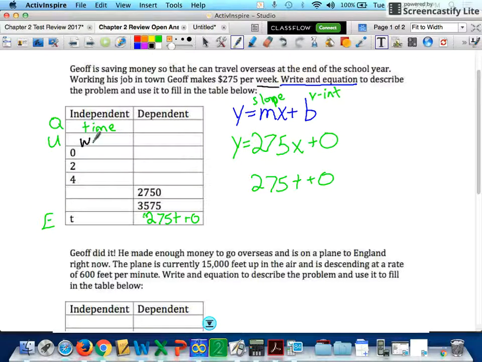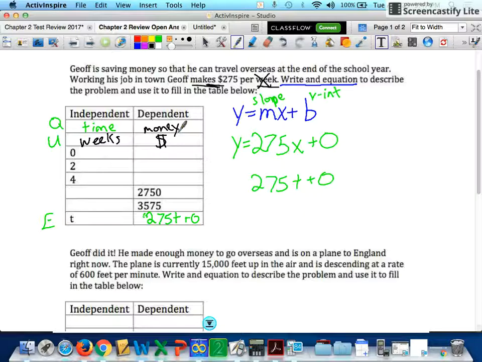Okay, so weeks. Most of the time, it's hours or minutes. For our dependent, we're just trying to figure out what our other part of our equation was. We already tackled the weeks, so now we're talking about the money that he makes. So our unit for the problem is dollars, and then you can put money or savings, or there's several different